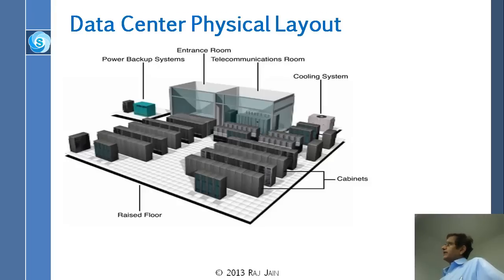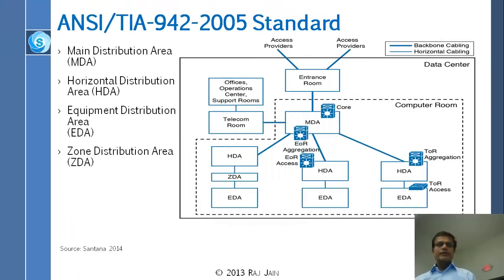At one place they will have lots of power supplies. This is the place where everything comes in. Next to that is the telecommunication, where the outside lines come in, and then next to that is the cooling system, and then there are these hot and cold aisles and so on and so forth. Now, why these things are at different places is not actually our business to know. Basically, I really don't care, but I just want to let you know that there is a standard for all this, and this is how they are put together. And the standard is called ANSI TIA 942-2005.